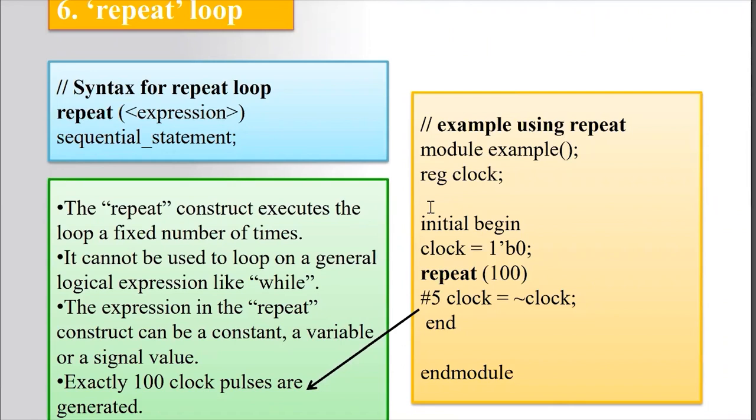We'll discuss those things today. What is meant by begin end, what are blocking assignments, non-blocking assignments, and what is the difference between fork join, we'll discuss today. Okay, before that we'll see how many ways we can write the clock. How can we generate the clock? Okay, in different